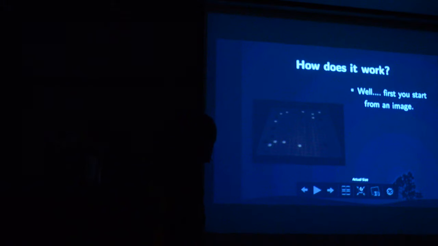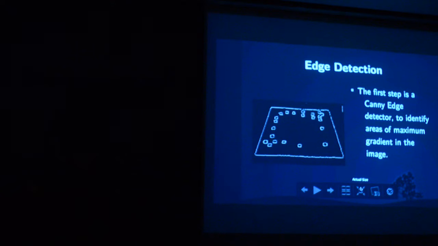So first you start from an image, and this is just a very low resolution cell phone image. I think it's processed at like 200 by 200. And then there's a computer vision algorithm called the Canny Edge Detector, which basically identifies maximum gradient areas in the image, where the image is changing the most. And it just has a binary sort of output. So first we create this image,